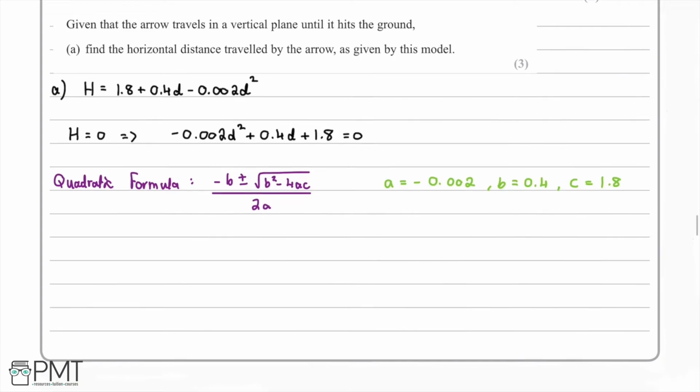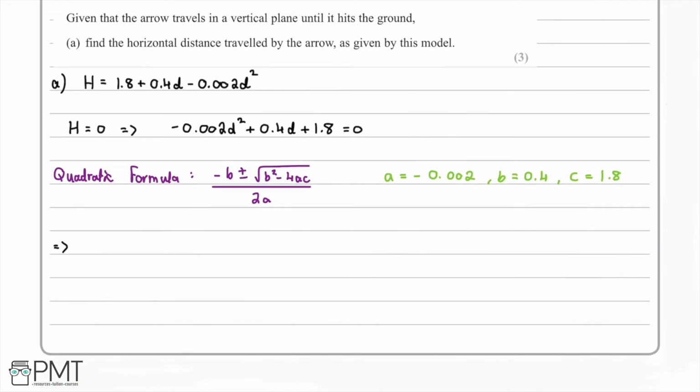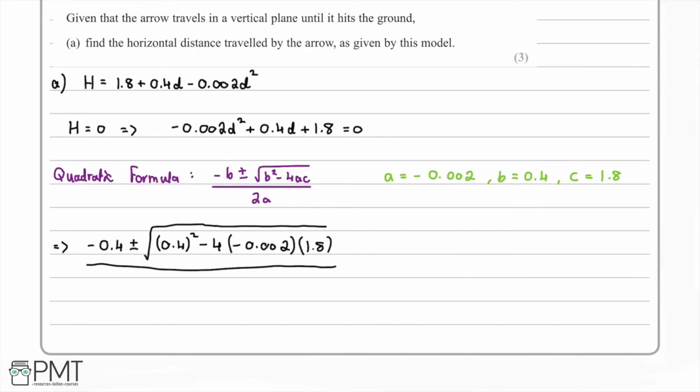So we can then take these values and substitute them into our quadratic formula. So we have negative 0.4 plus or minus, then we'll put the square root in at the end, so we'll have 0.4, and we square that, and we subtract 4 lots of negative 0.002, and we multiply that by 1.8, and then like I said, we need to remember to take the square root of it, just like this, and then we divide that by 2a, and we know that a is negative